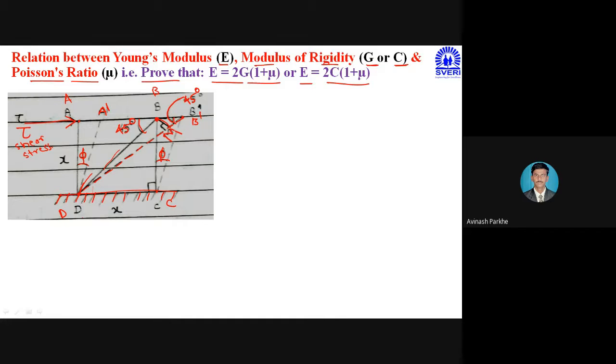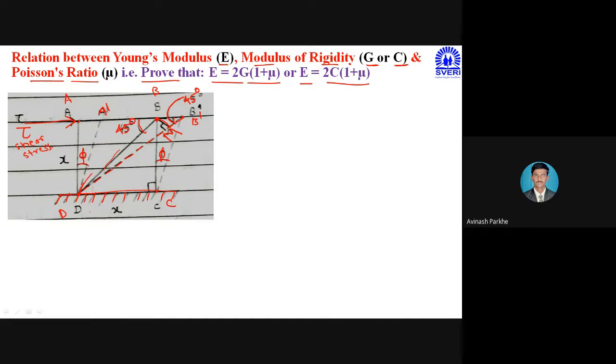Okay, so in this particular figure, what happened? We have considered a block ABCD, which is subjected to the shear stress from the left side. Due to that particular shear stress, distortion is taking place from A to A dash and B to B dash. So due to that distortion, you will get one angle which is represented by phi, and that phi is called the shear strain. In addition to that, before application of stress, your original diagonal is BD, but after the application of force, this point B is shifted from B to B dash. Therefore, you will get the new diagonal, which is represented by the dotted line, that is B dash D.